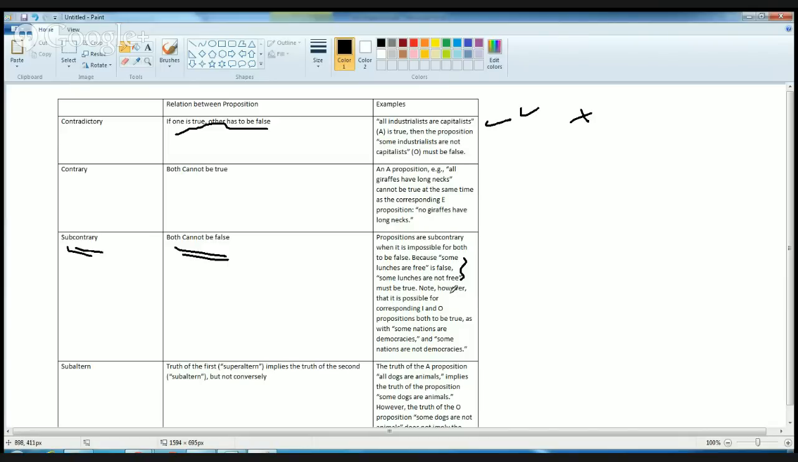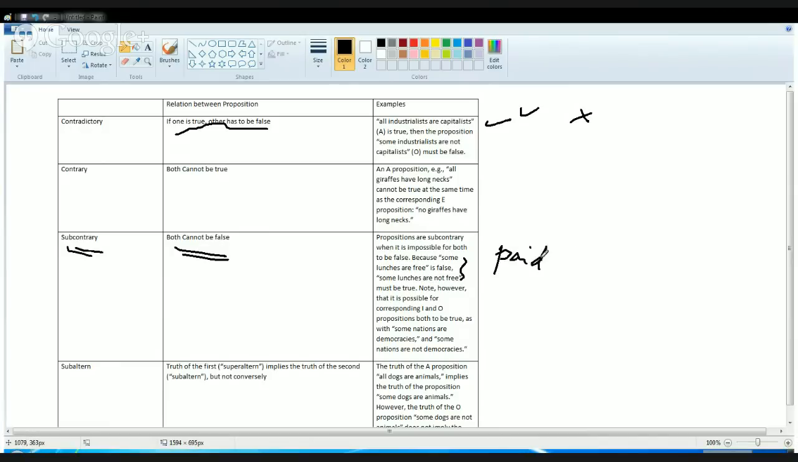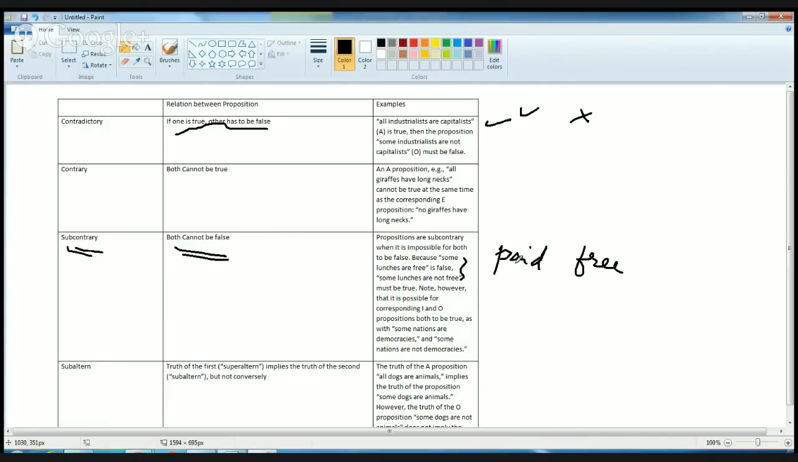So if one statement is false, the other must be true. If some lunches are free, there should be some lunch which is paid. If some lunch is free, the other would be paid. So if one is false, the other must be true. So both statements cannot be false. And subaltern is a simple method where we say the